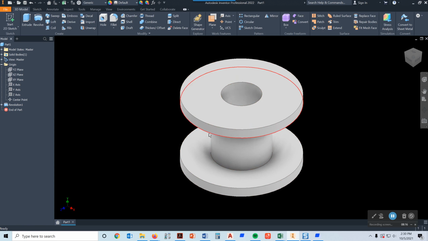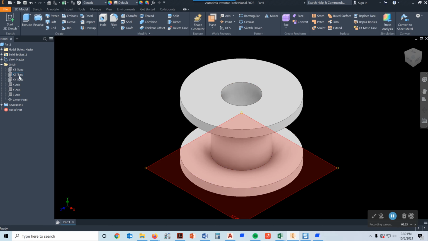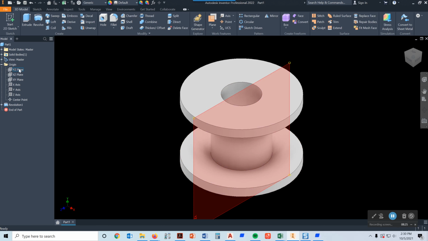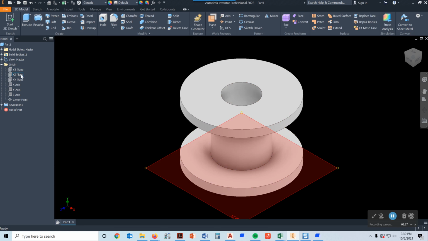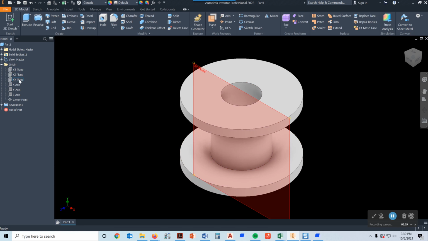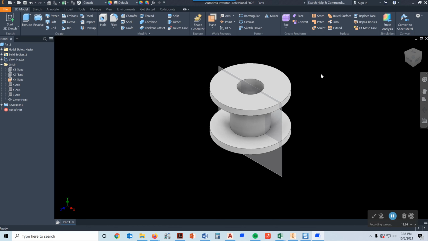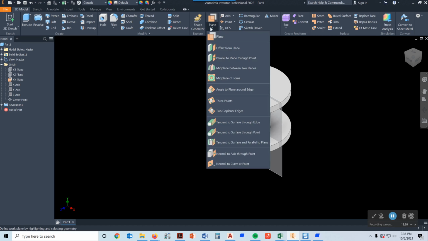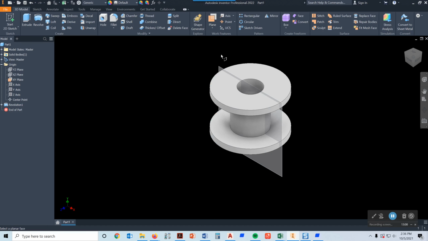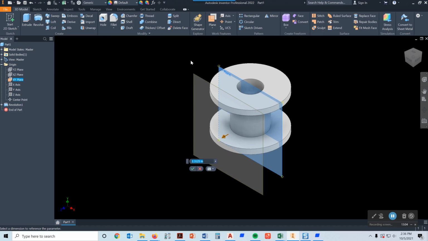All right, so the next thing I want to do is create that cylinder that is parallel to the center line here, or the center axis, and lays out here 1.75 from the center. So the way I'm going to do that is I'm going to go right up here and find my, let's just do the XY plane, and right click on that over here in the browser and choose. All right, so what we're going to do is pick on offset from plane. We're going to pick this plane that we just made visible and drag it out in this direction and type 1.75